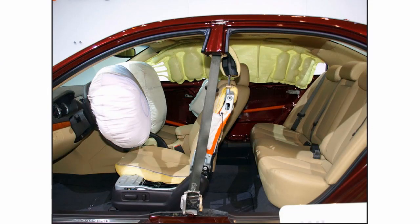Before ending this video, I'll just mention a few things with regard to safety. Unlike with automobiles, there's no way of building an e-bike to provide the rider with crash protection like seat belts, crumple zones, and airbags. All we can do is to buy an e-bike that's less likely to encounter a crash